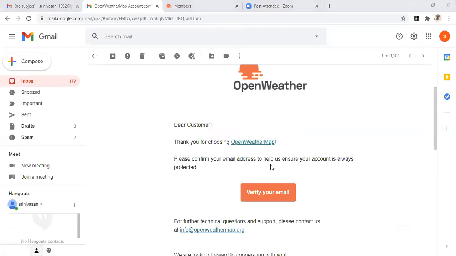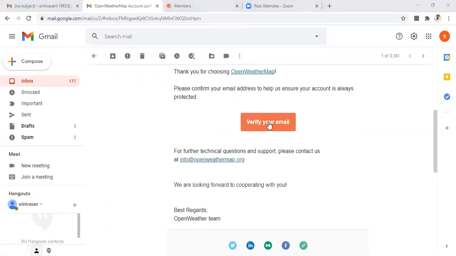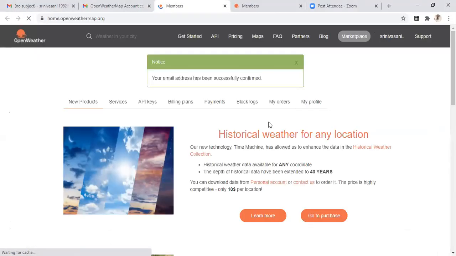Yes. Now it will ask us to verify your email. We'll just give verify. So you'll get a confirmation like this. So I have logged in here. See here.